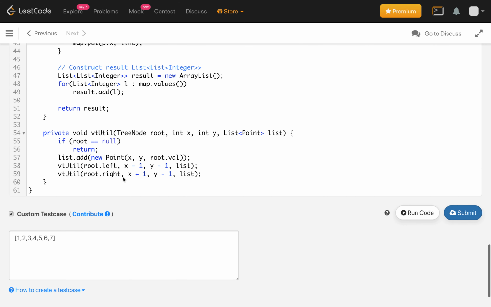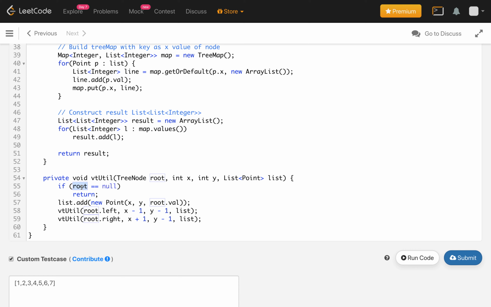So here is the helper method. We check if root is null, then return; otherwise add a new point using the x coordinate, y coordinate and the value of that node, and then call the left subtree using root.left, decreasing x by 1 and y by 1. In the right call, increase x by 1 and again decrease y by 1.